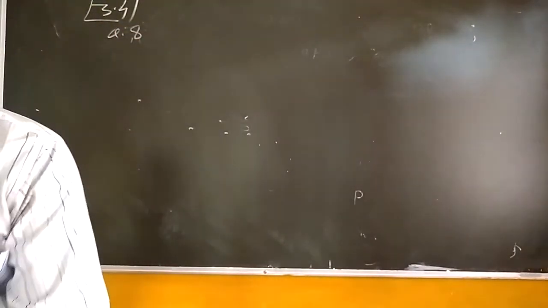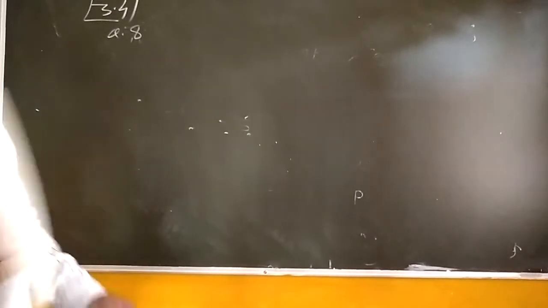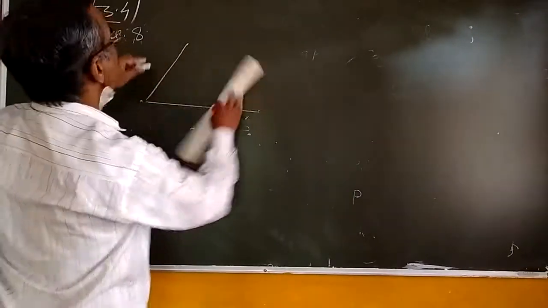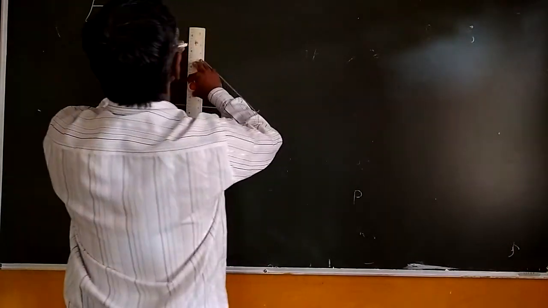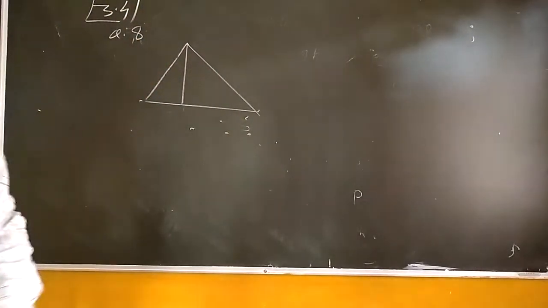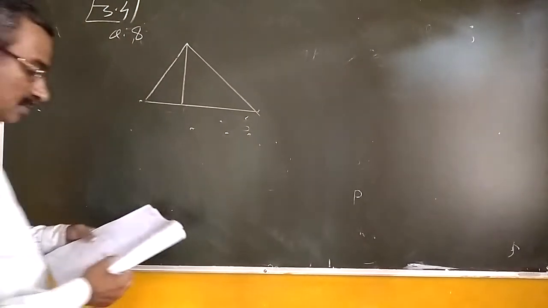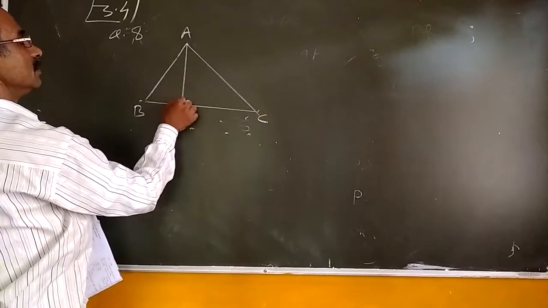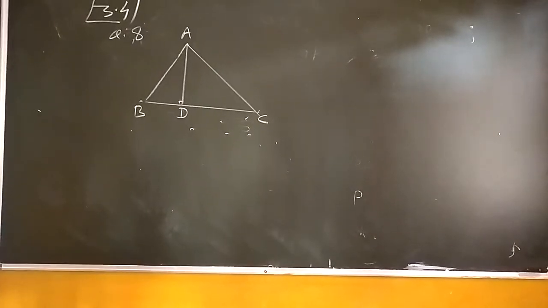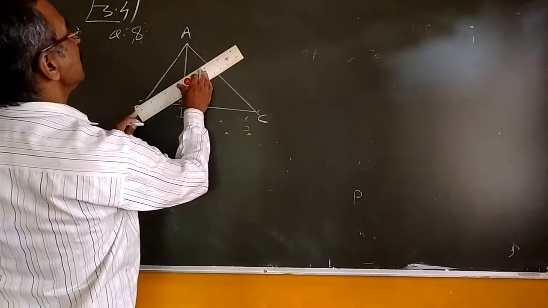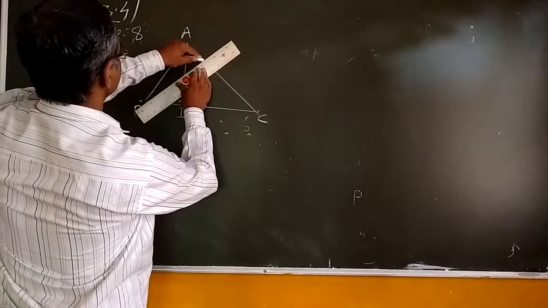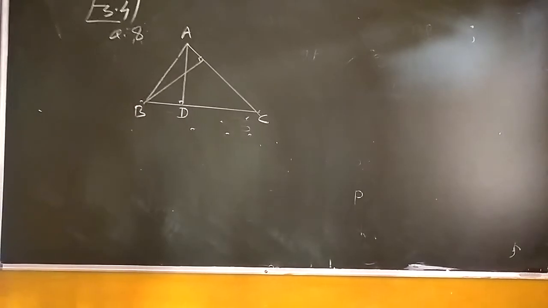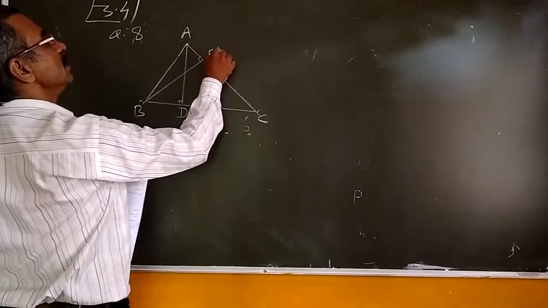We are drawing firstly the diagram of triangle ABC. Then draw the perpendicular AD. So I am filling the information here. This is triangle ABC and this is the perpendicular. Also we draw the perpendicular on the other side from B. This is also perpendicular. The point of intersection is E.